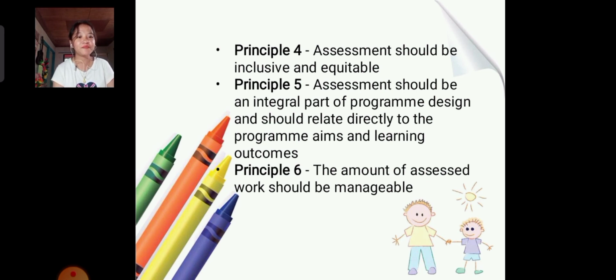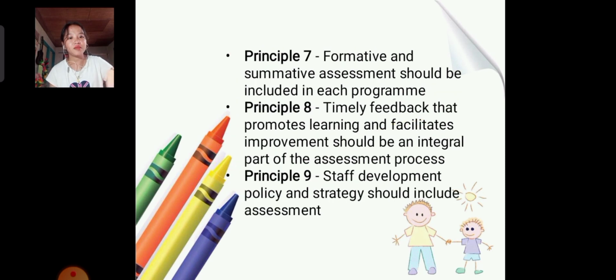Principle number 6, the amount of assessed work should be manageable. It should provide a reliable and valid profile of achievement without overloading staff or students. Principle number 7, formative and summative assessment should be included in each program to ensure that the purposes of assessments are adequately addressed. Principle number 8, timely feedback that promotes learning and